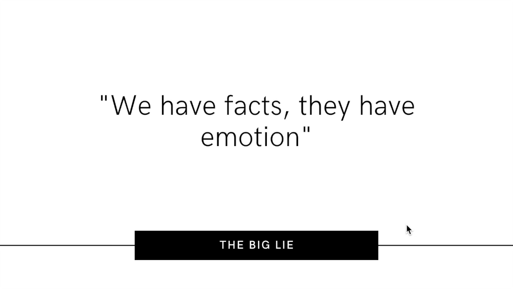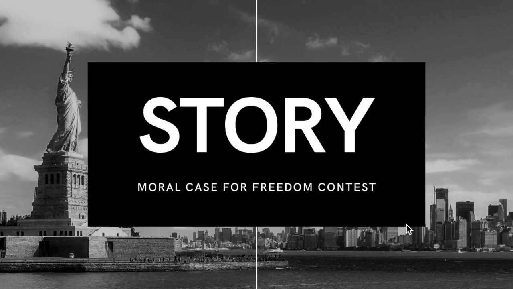One of the most common things that I've heard over the years I've been involved with the Liberty Movement is this kind of frustration or way of explaining why our ideas are not more successful. And that's, well, look, we care about facts, the other side cares about emotion. We're good at giving factual, logical arguments, and they're good at manipulating people's feelings. And I call this the big lie. And in part, I think we're not actually very good on getting the facts, but I want to set that aside. And the best way I have to explain it is,